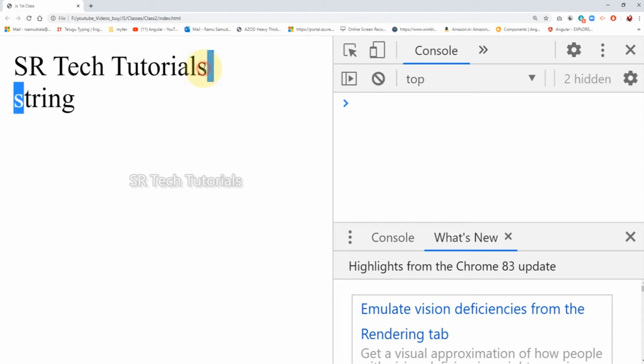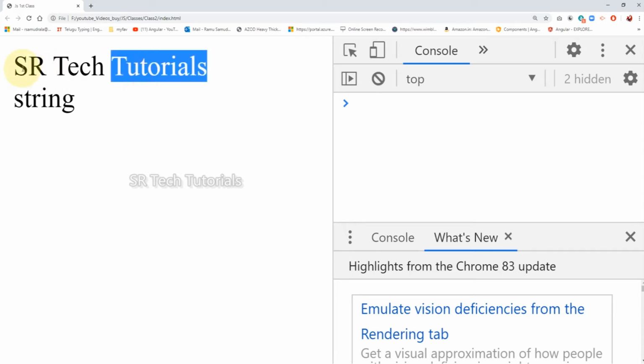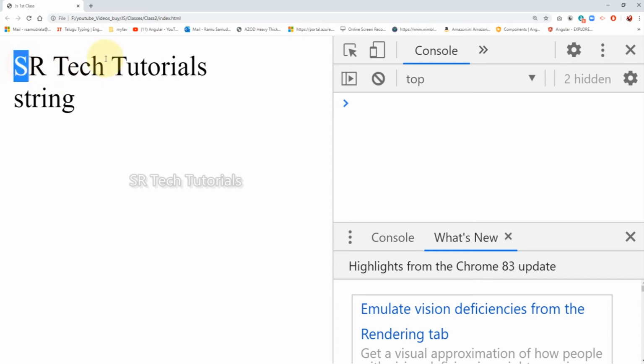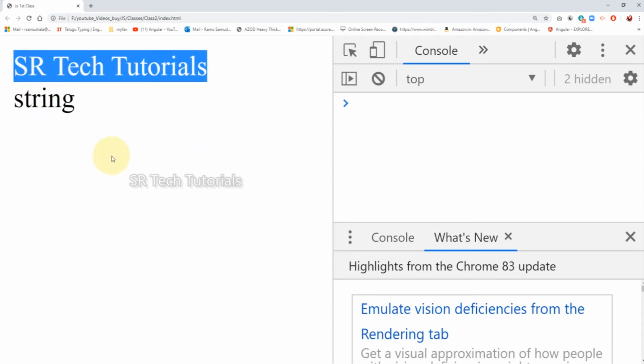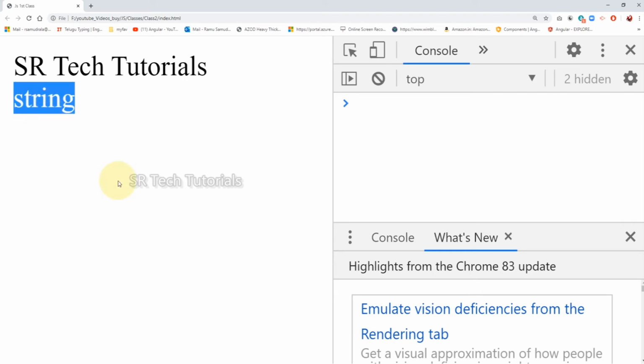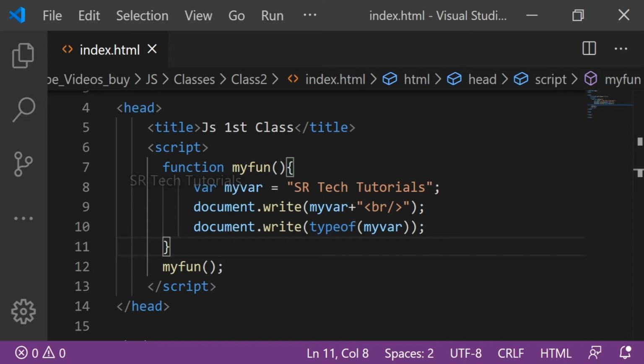So in the next line we are checking its data type using the typeof method, right? So that is displaying string. If I assign something other than a string, then what will happen? Just check once.